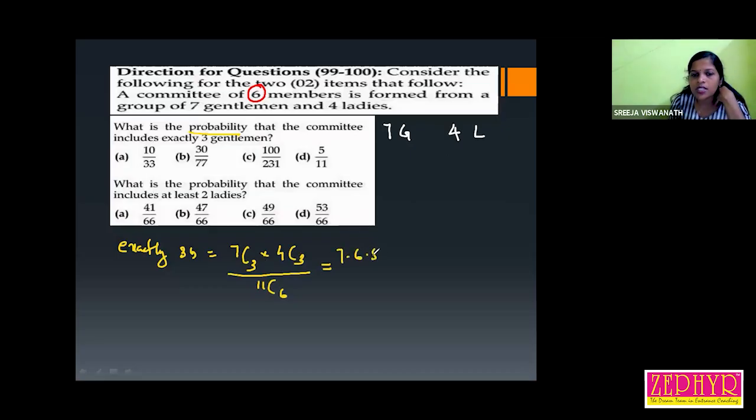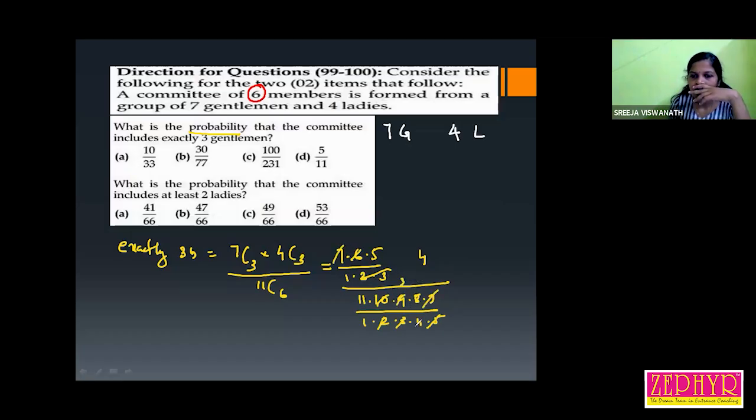7C3, 7 into 6 into 5 by 1 into 2 into 3. 4C3, that is 4. Divided by 11C6. 11C6 is same as 11C5, 11 into 10 into 9 into 8 into 7 by 1 into 2 into 3 into 4 into 5. Now you can solve. 5, 2 and 10 are cancelled. 3 and 3, 7 and 7 are cancelled. 4, 8. So we get 20 divided by 11 into